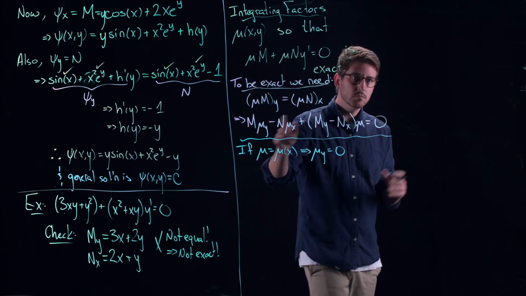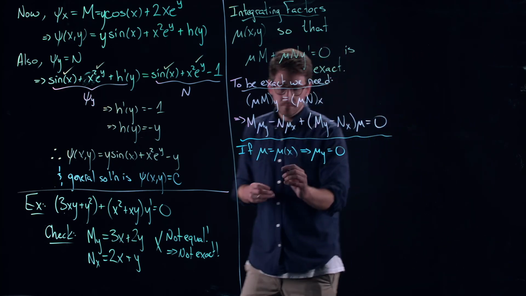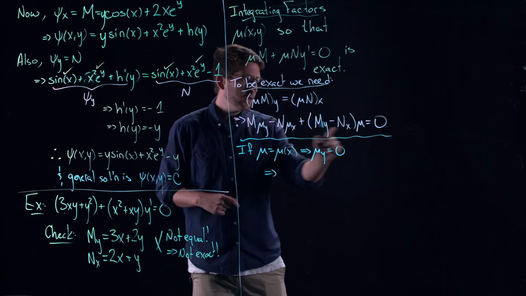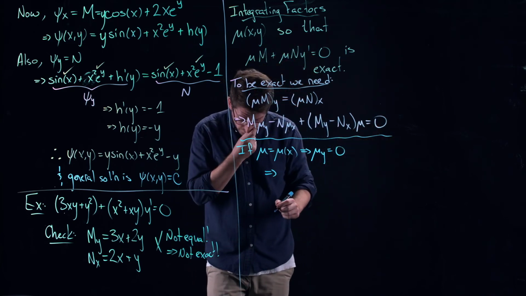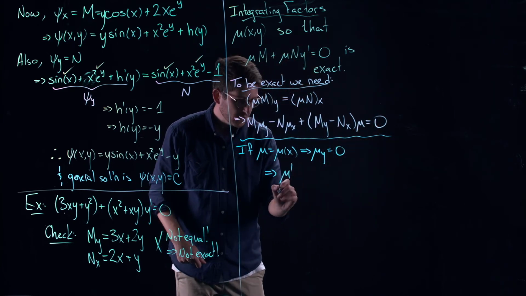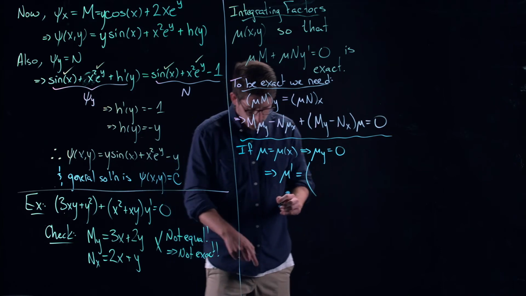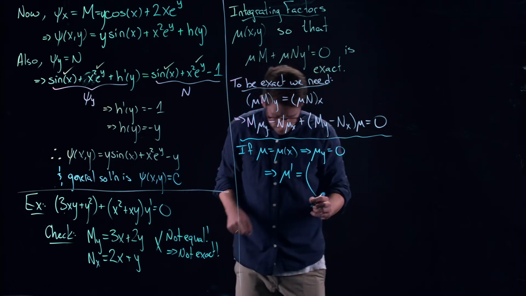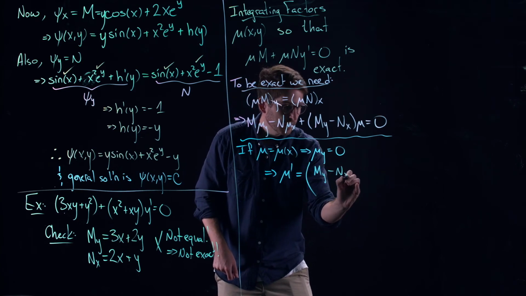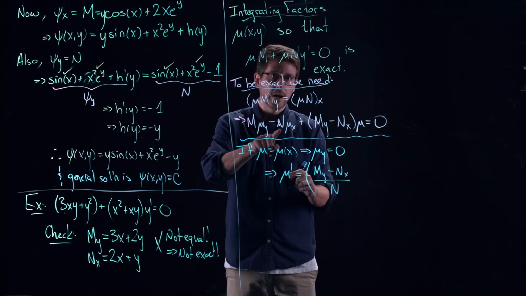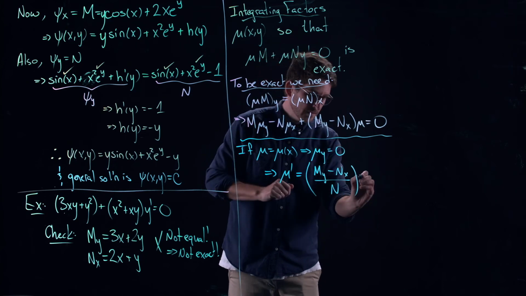Just by definition, this thing doesn't depend on y, so therefore it has no partial derivative in y, which means that this equation right here that you're looking at, this piece drops out, and so therefore I essentially get, I'm going to use mu prime because now it's only a function of one variable, is equal to, if I rearrange this, I pull this to the other side, M sub y minus N sub x divided by N. That's dividing the N that was right there. I'm just isolating for this mu of x term, assuming this piece is 0, times mu,